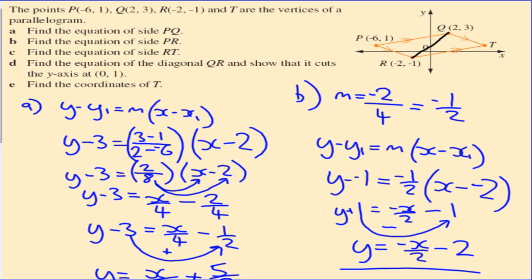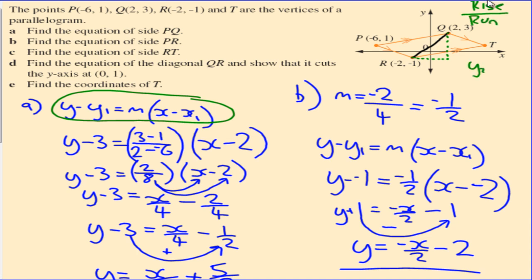Once again, it works in the same way. We still need the gradient. We still need one of those points. We can pick any one we want, and then we go ahead and work out the actual equation using our point gradient form of a linear equation. So having a look at this graph, you can use your rise over run, which comes out as y2 minus y1 over x2 minus x1. That will give you your gradient. You can sub in the points that you need and that'll come out,